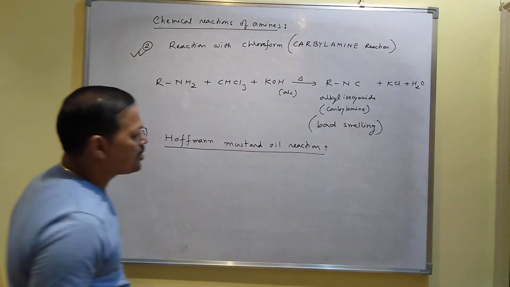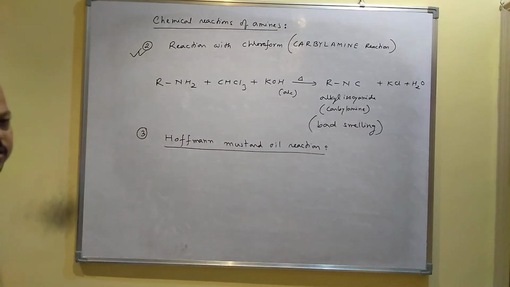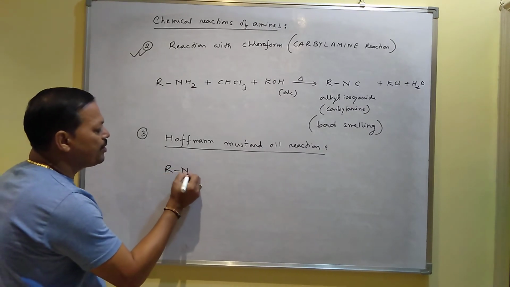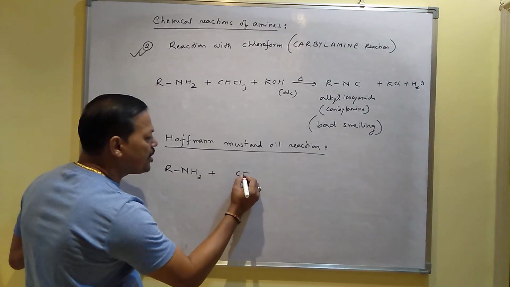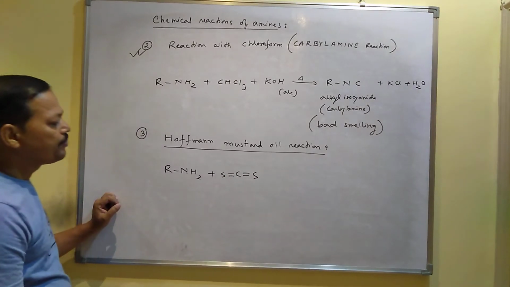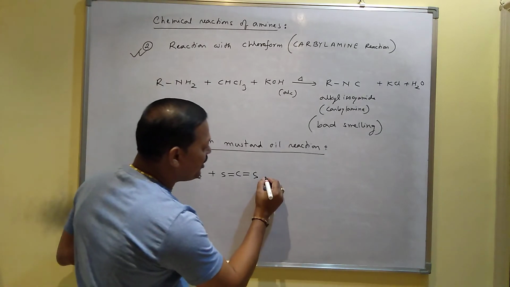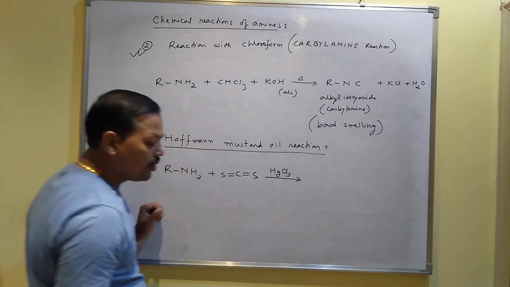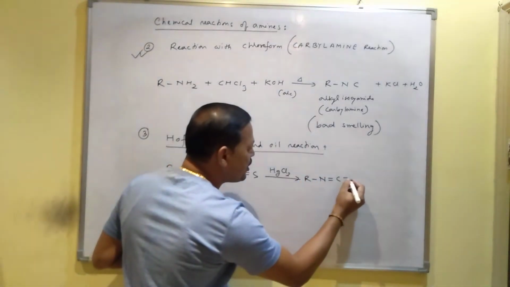This reaction is called mustard oil reaction. I mean, you will get the smell of mustard oil in this reaction. That's why the reaction is called mustard oil reaction. What about this reaction? When amine or RNH2 reacts with carbon disulfide, CS2, like carbon dioxide, when amine reacts with carbon disulfide in presence of catalyst mercuric chloride, HgCl2, then it will form a compound R-N double bond C double bond S,